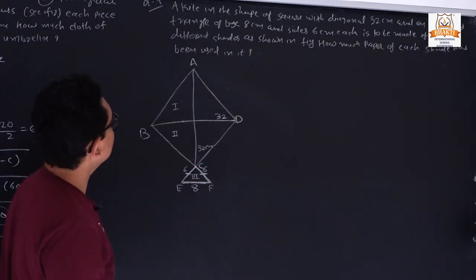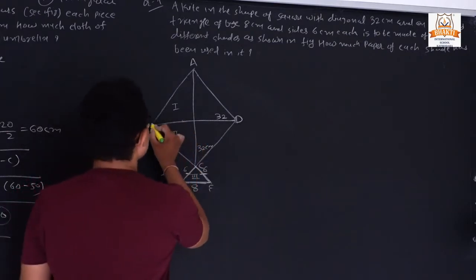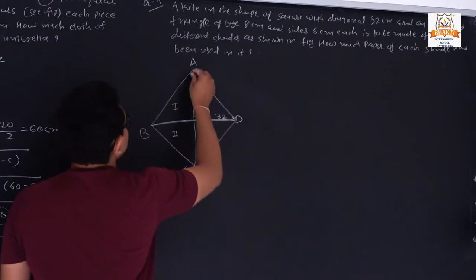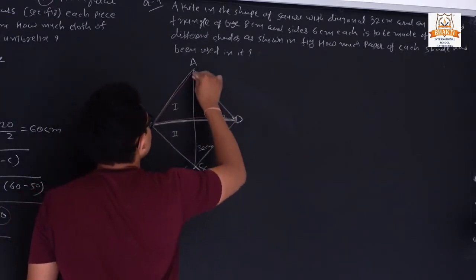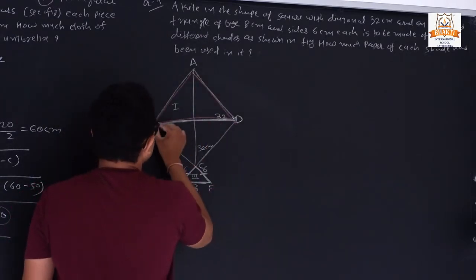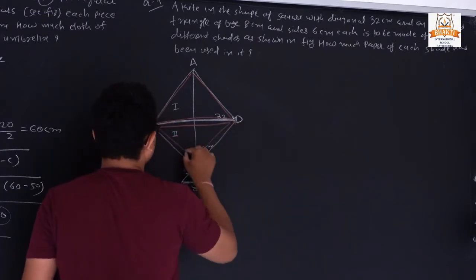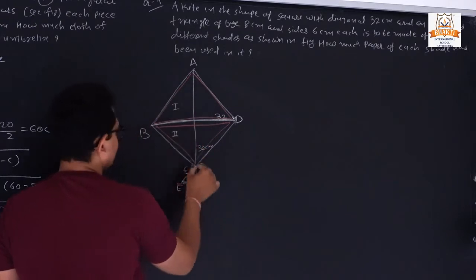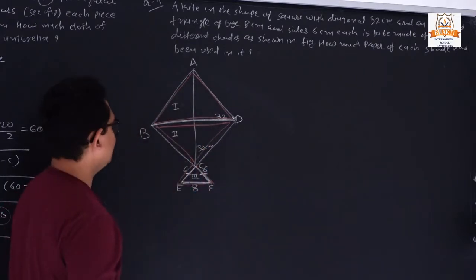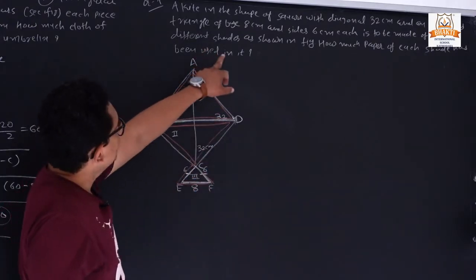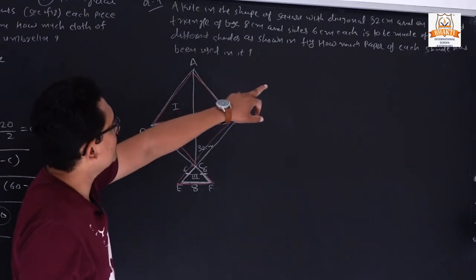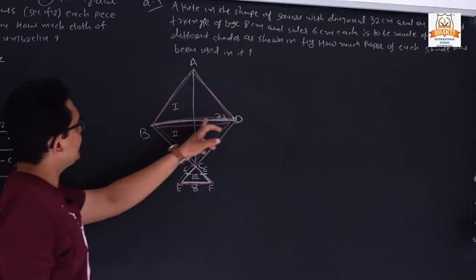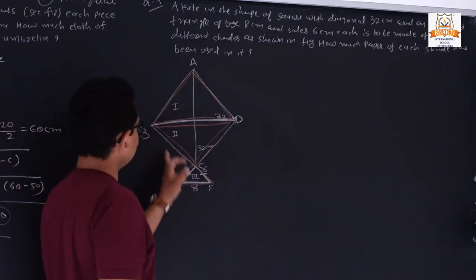Is to be made of the 3 different shades. So we have a 3 shade. It is first, we can use the different color chalk. So it is first shape, it is second, and this is our third triangle. So we have a 1 2 and 3 triangle. Now next, as shown in figure, so how much paper of each shade has been used? So we can find the area of first shade, then second, then third.